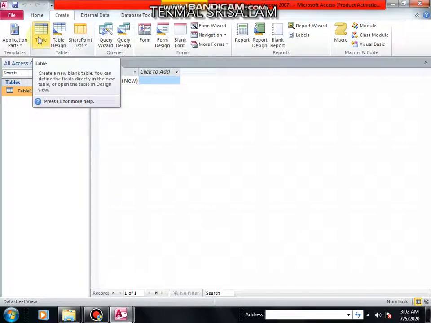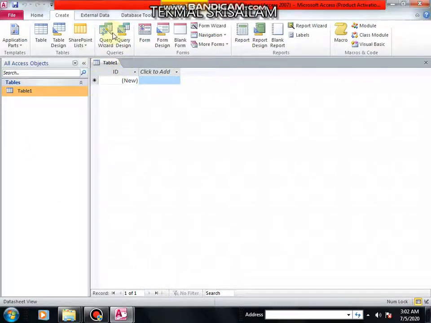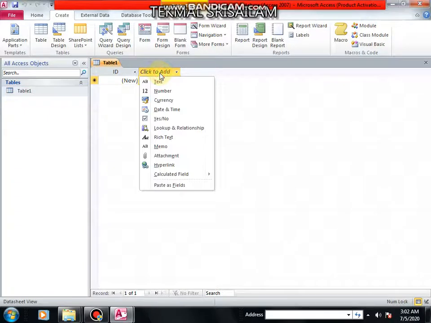Table is the view which we are currently seeing on the screen. To modify this Table 1 as per my requirement, I have to click on this title, click to add. It will list a number of options. Out of them I have to select the type of data which I am going to give as input.